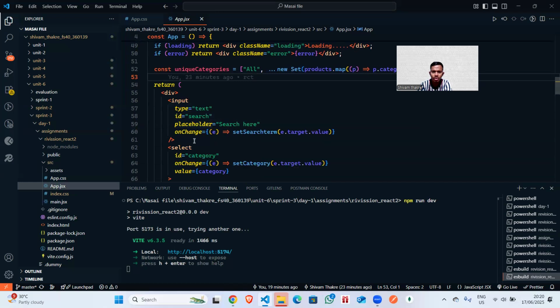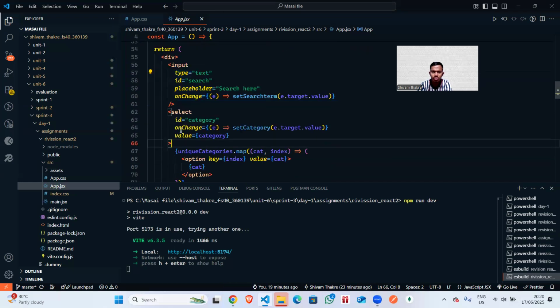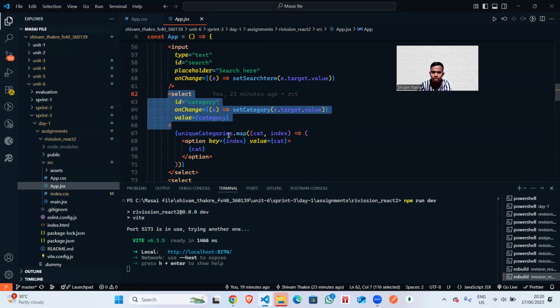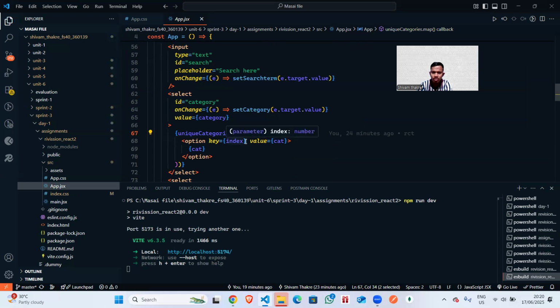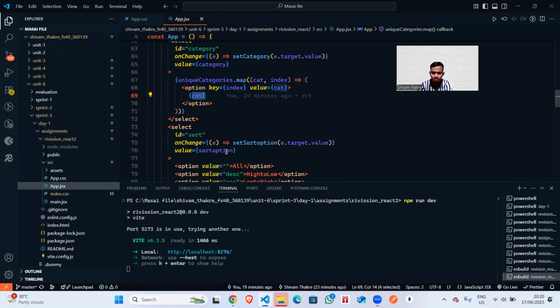Then we take the input. We use a select for our categories, like unique categories dot map with category and index, where the key is the category and the value is the category, and we show the categories.